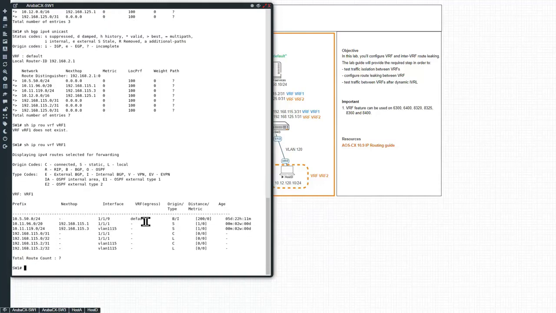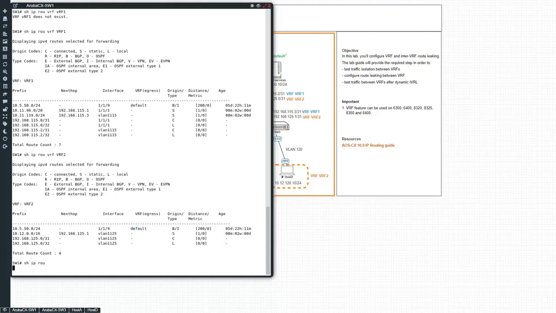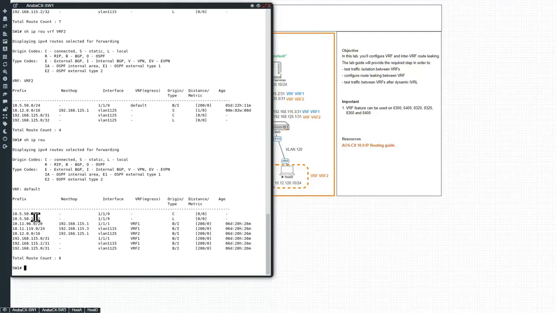You have, as I mentioned, a default egress VRF route for the subnet corresponding to the server that we want to reach. Similarly for VRF2, we have that route as well. Let's see on the default VRF. You have all the routes, and you see VRF1 and VRF2, and these are the connected transit VLANs to interconnect switch 2.